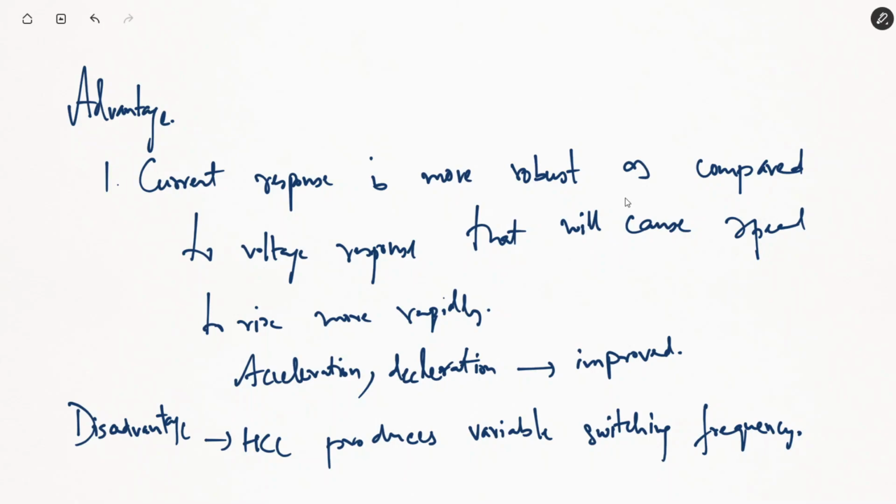So we have seen two different schemes today. In the last session we studied volt hertz control. In volt hertz control, we simply keep the ratio V by F constant so that the flux remains constant and we can control the speed easily. Fine. We did open loop voltage control as well as closed loop voltage control.